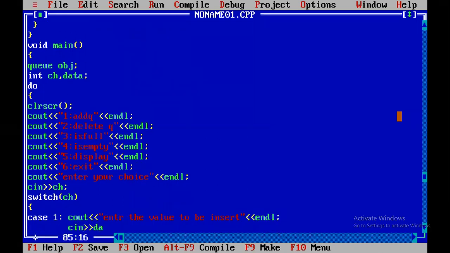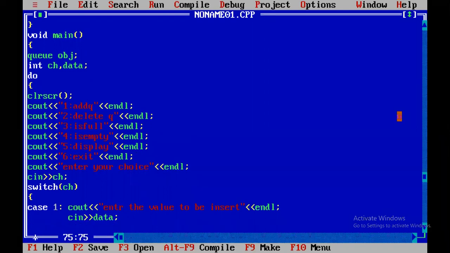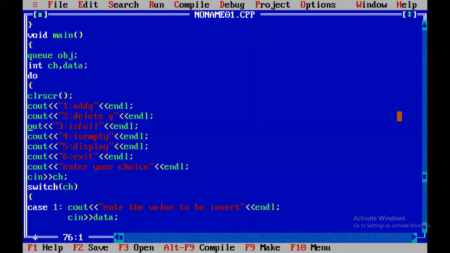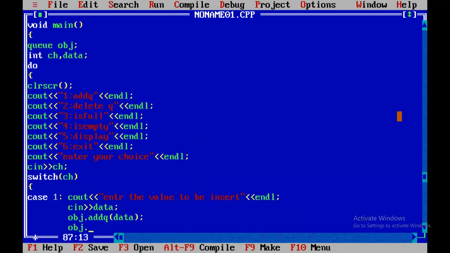Cin data. Object dot add queue of data. Obj dot display. We print.